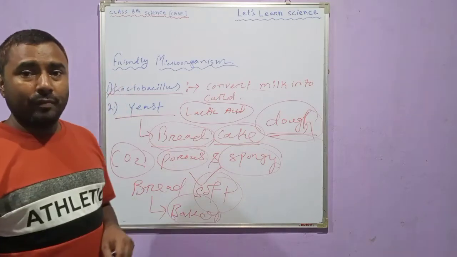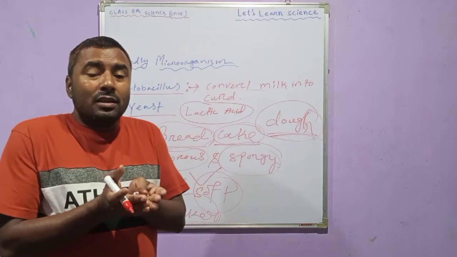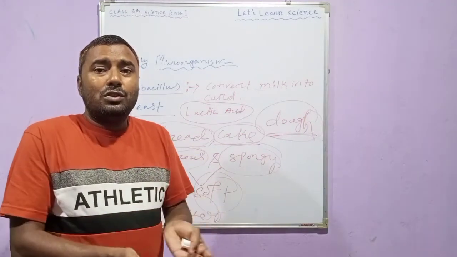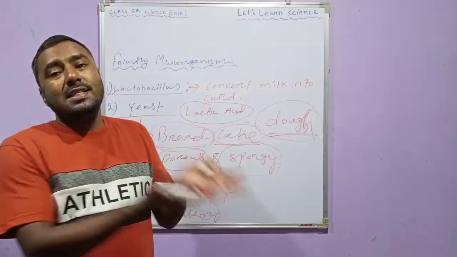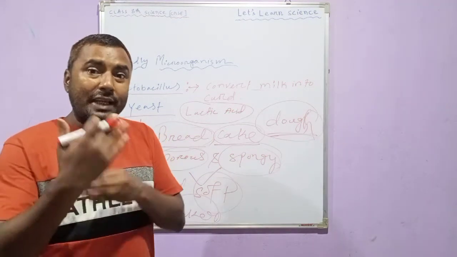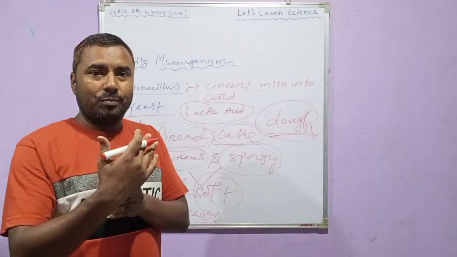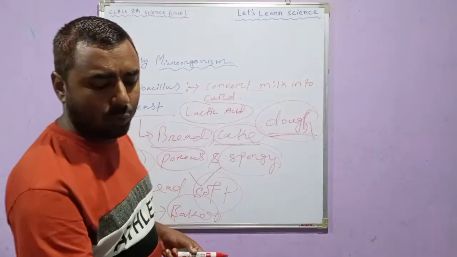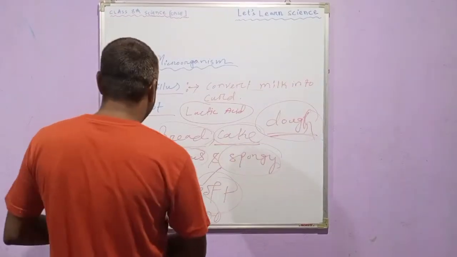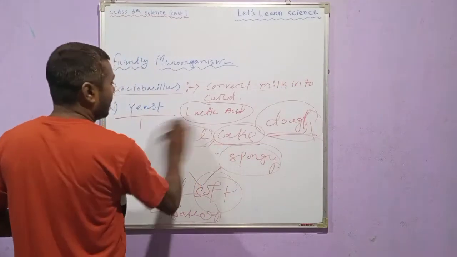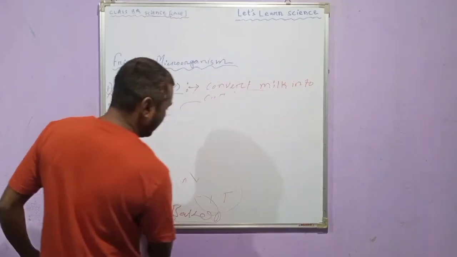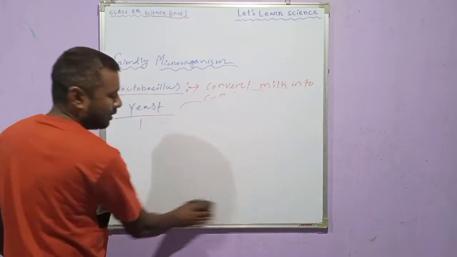Then what happened? The carbon dioxide gas that is trapped in the dough gets released and escapes from the dough while baking the bread or cake. And as a result of that, what happened? While baking the bread, the carbon dioxide escapes from the dough by bursting, leaving